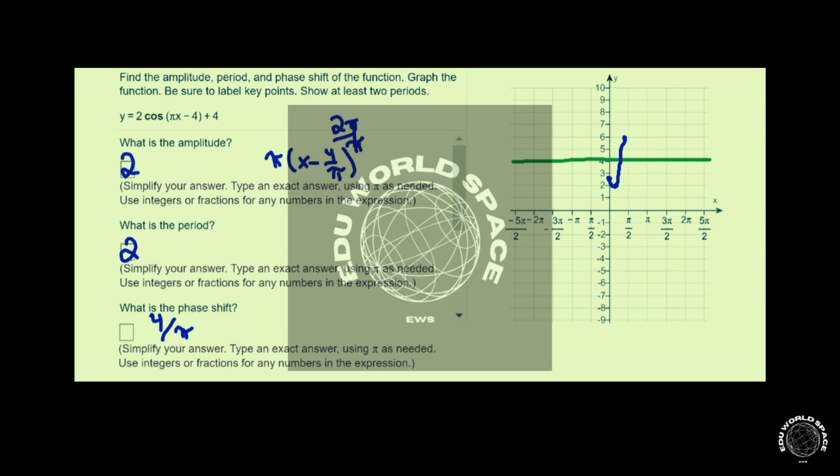The next maximum will happen just after pi. So we've got a minimum in between those. The next maximum